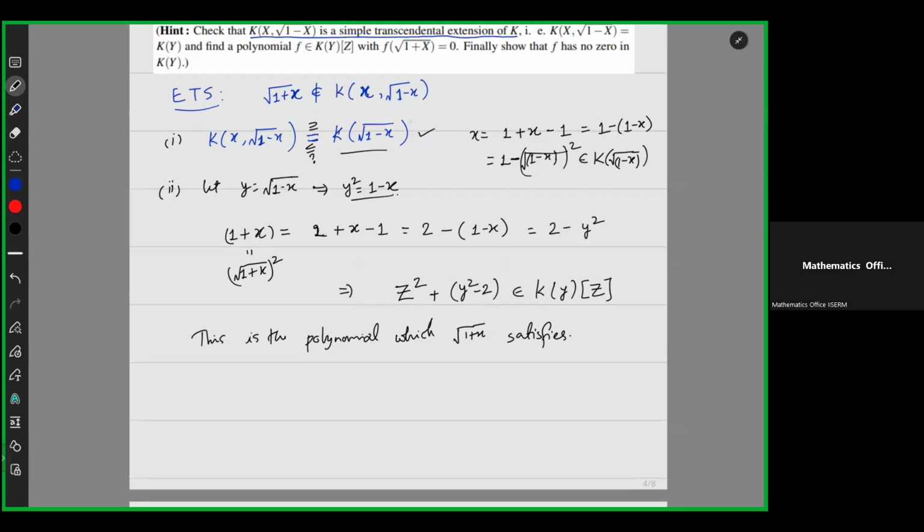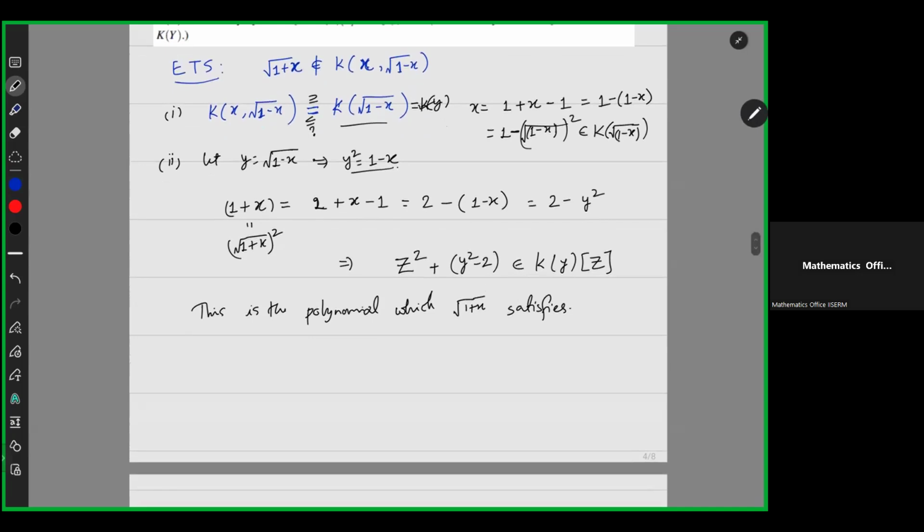So what to do here is that now for this polynomial f(z), let's say p(y) by q(y) belonging to k(y) be any root of f(z) in k(y),